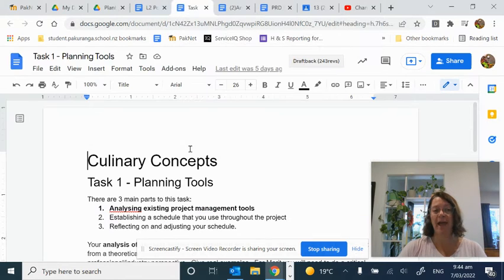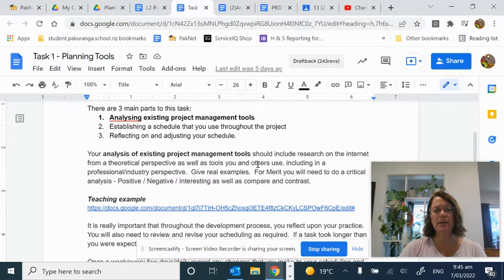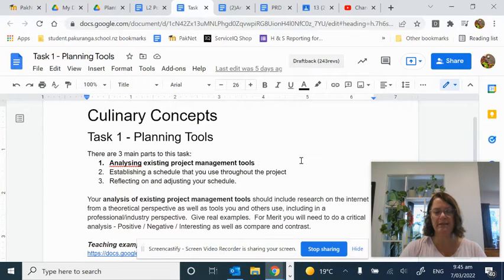If you go to the actual task that I've shared with you last week, it breaks the project management standard down into 3 quite specific areas. The first one that we're doing at the moment is analysing existing project management tools. Now, there's a couple of parts to that. We're actually doing the analysis as a group, and then we will